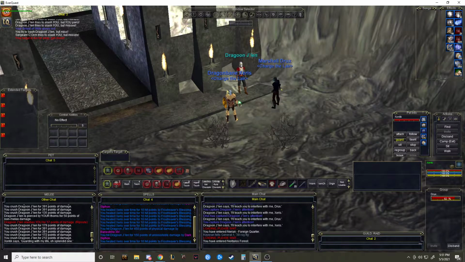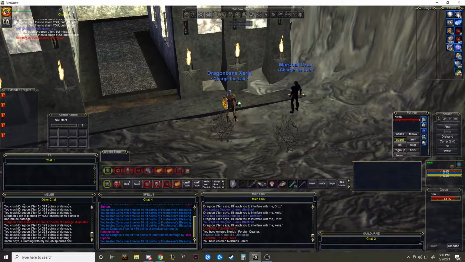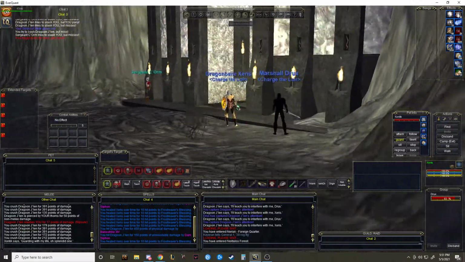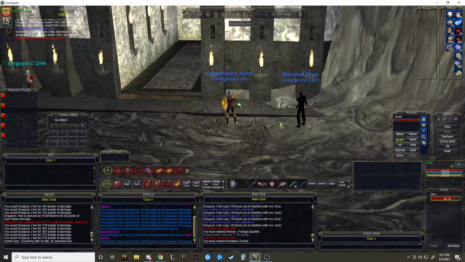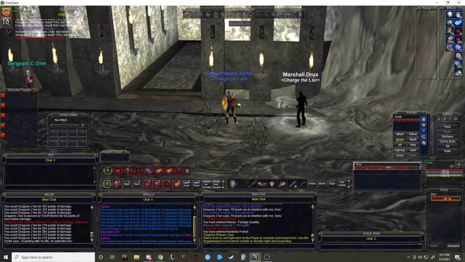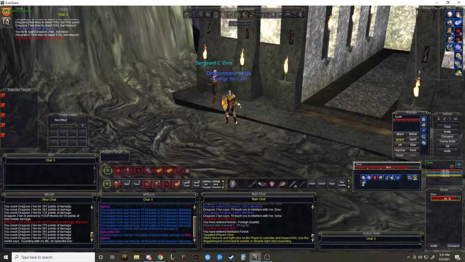But the TLDR here is that the way Taunt works is that it adds you to the top of the aggro list. So whoever is the highest on the aggro list of the mob, when there's a successful taunt, it basically gives the aggro +1. So if I have 100 aggro and Drux over here taunts the mob off of me, he will have 101